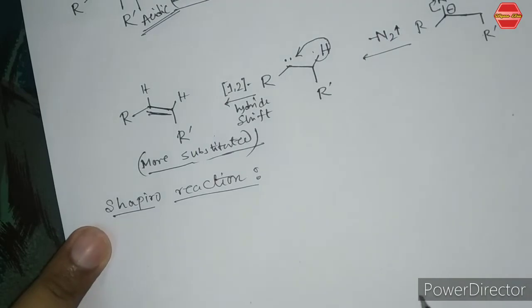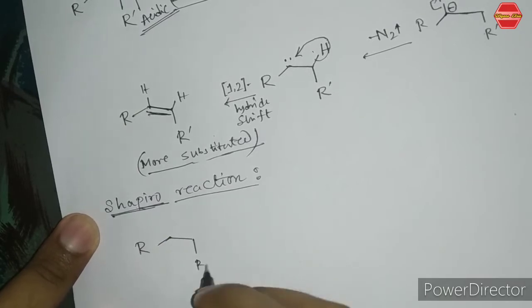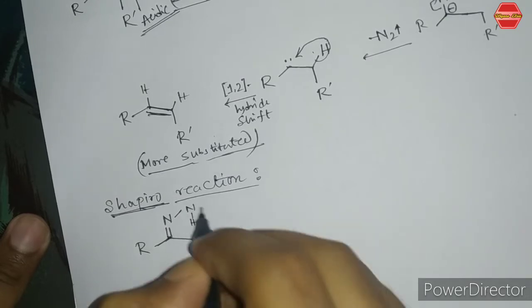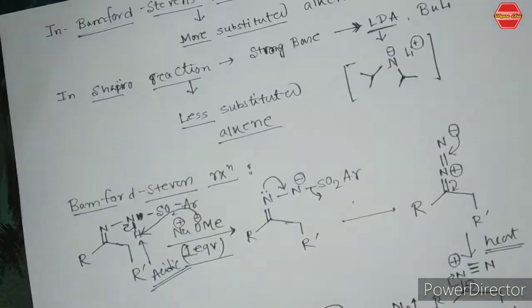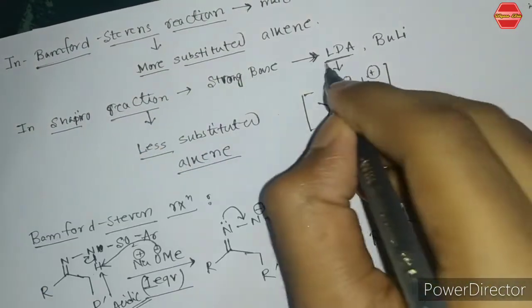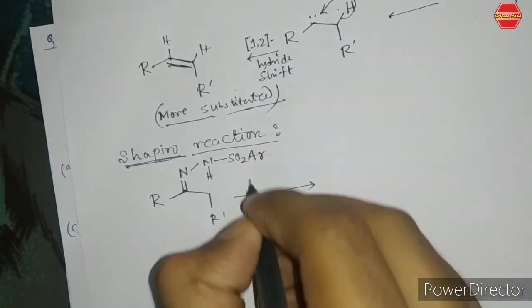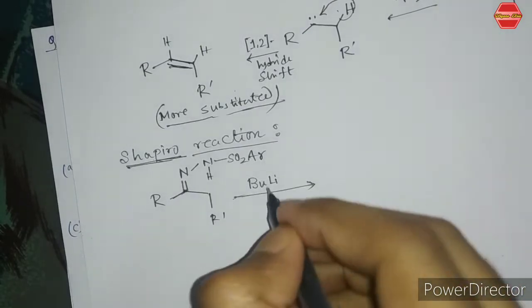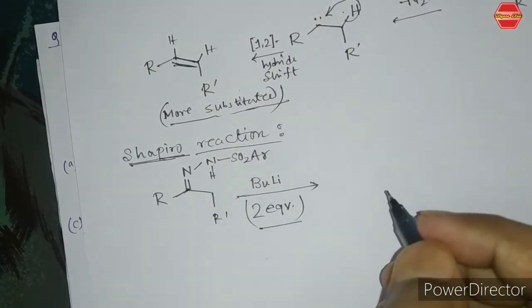Okay, now see, there is a compound like this. I already said that the base used in the Shapiro reaction is LDA, lithium diisopropylamide, or butyl lithium. If butyl lithium is used, you have to keep in mind that it is used in 2 equivalent amount